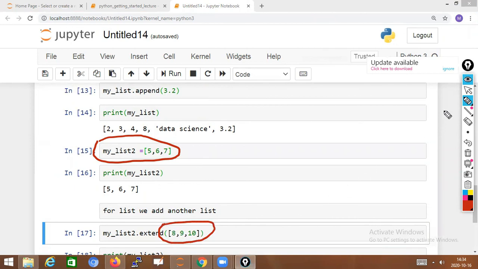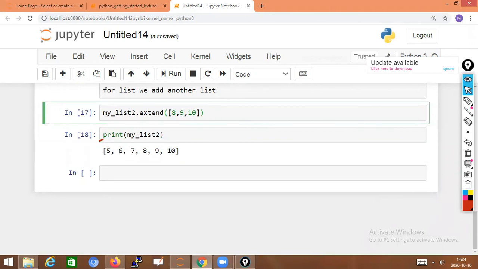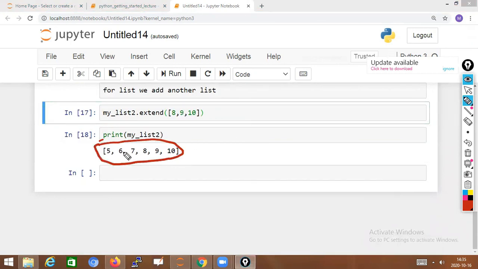We got its output. See here, what is the output now? You got 5 6 7 8 9 10. So two lists are combined. This is how to add elements to a list and add another list to a list. Okay, this is the process.